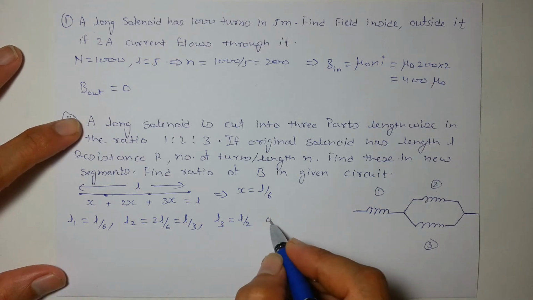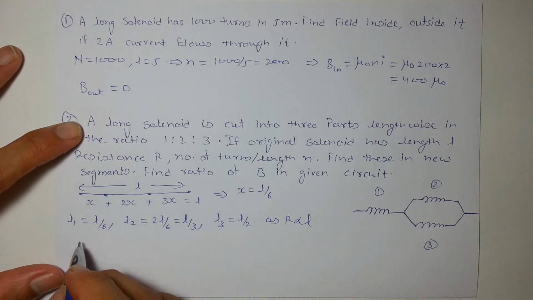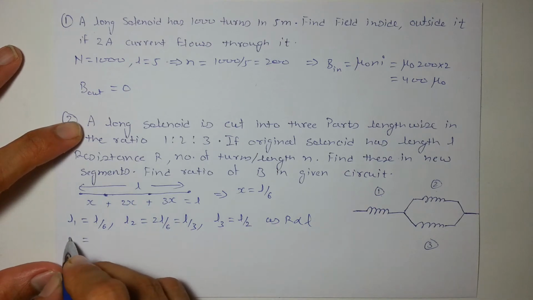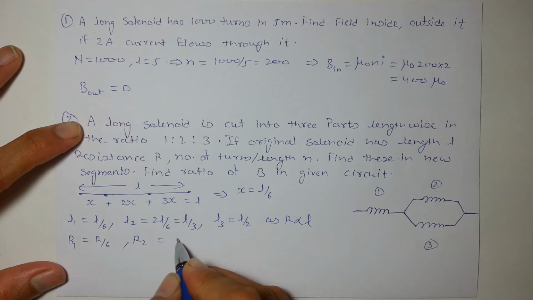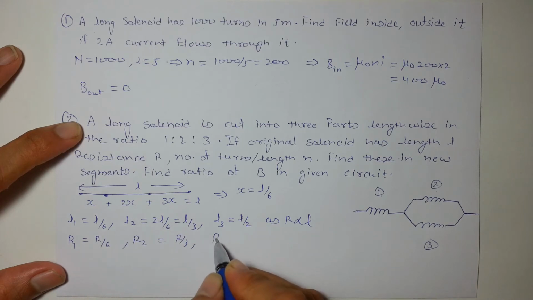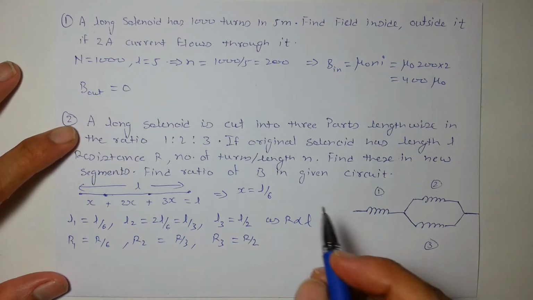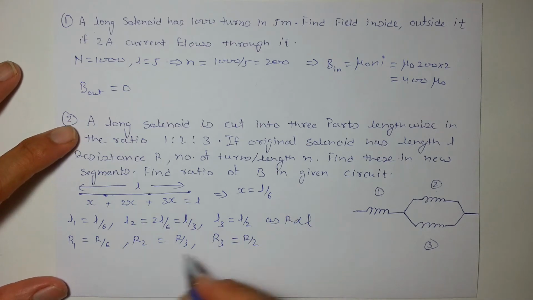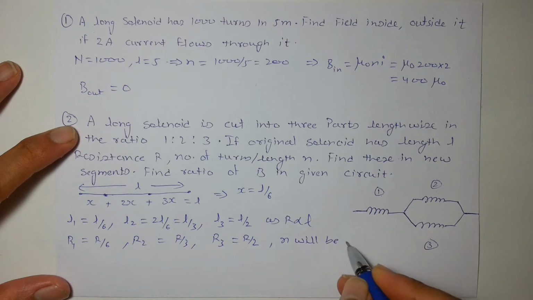As resistance is proportional to the length, resistance will also be, R1 will be R/6, R2 will be R/3, R3 will be R/2. Okay, and number of turns per unit length will remain same. It will remain same, N will be same